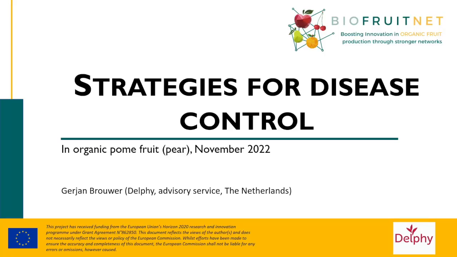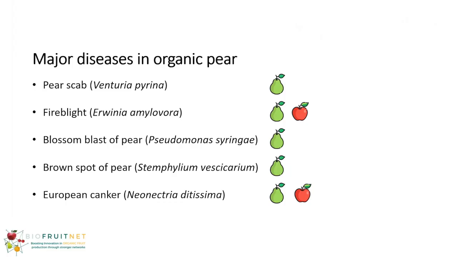This e-learning course is about strategies for disease control in organic pome fruit, pear. In a questionnaire and in a workshop, we determined with fruit growers, researchers, and advisors the major diseases in organic